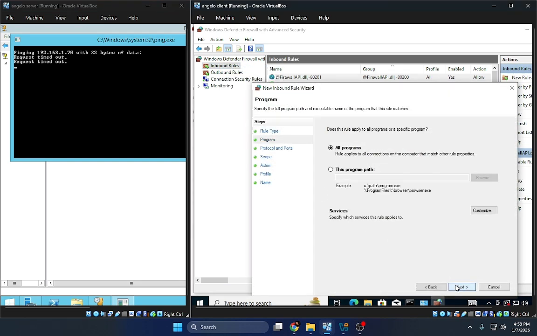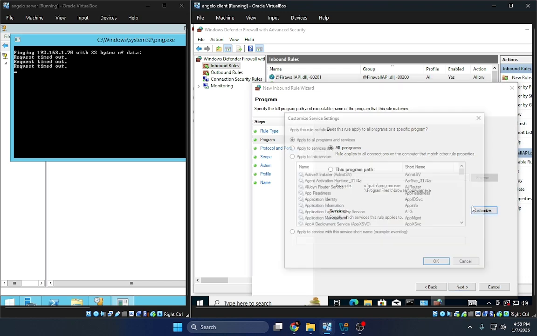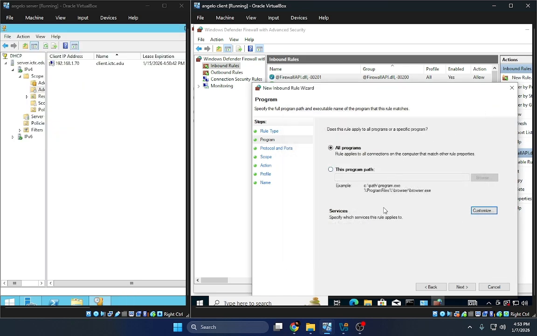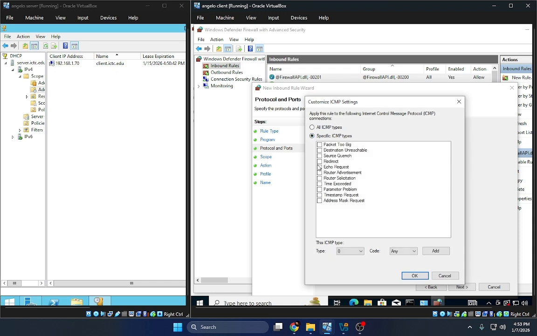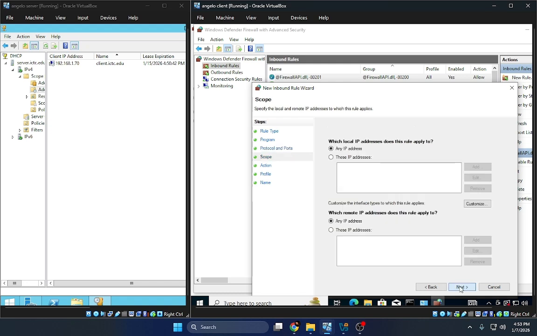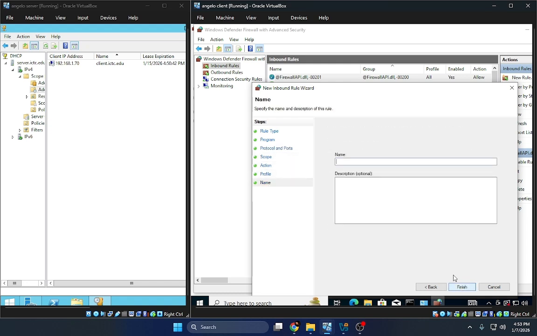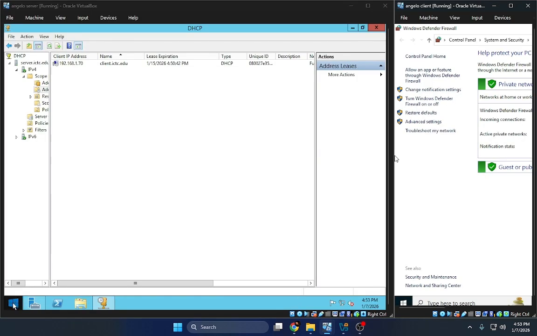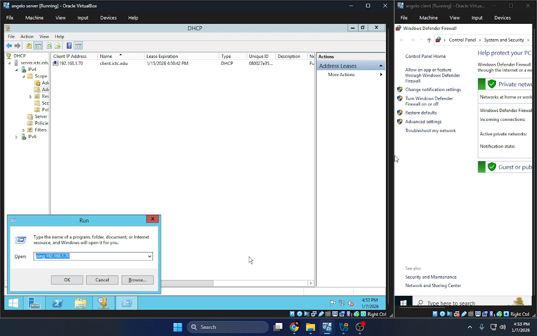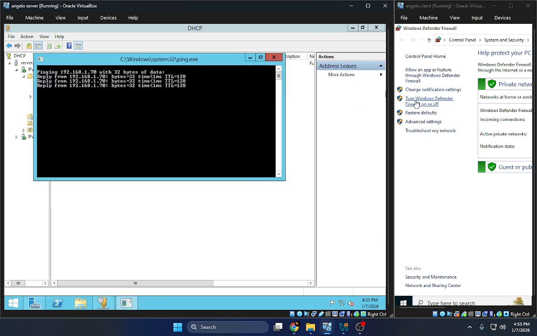Then that's all. We successfully configured Windows Server as a domain controller with AD DS installed, configured DNS, created and configured the DHCP scope, configured a Windows 10 client, then joined the client to the domain, and verified using ping, the DHCP list, and domain membership. So thank you for watching.